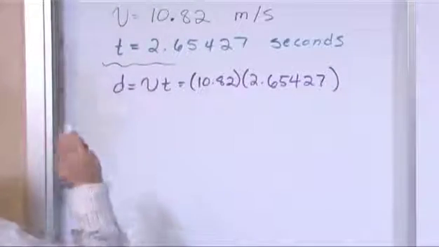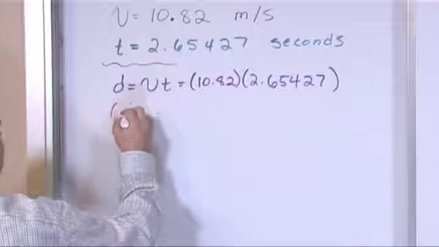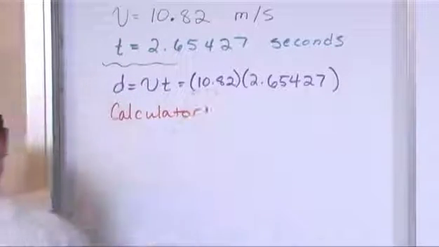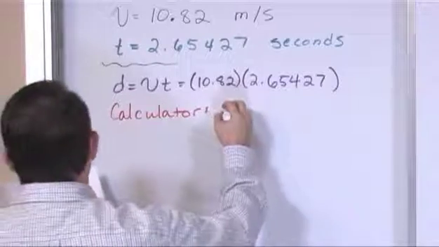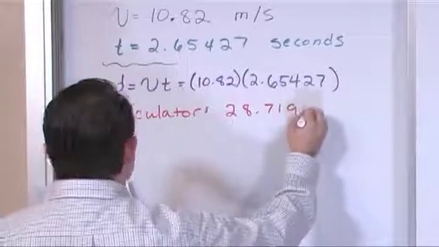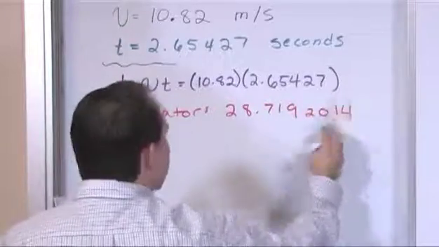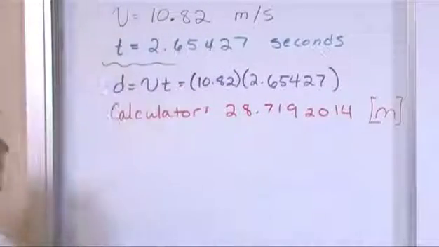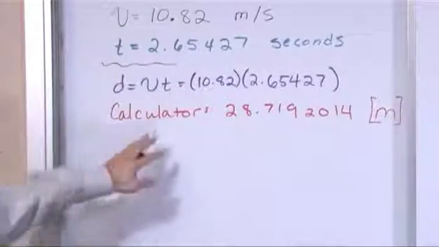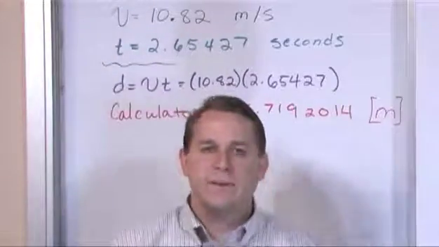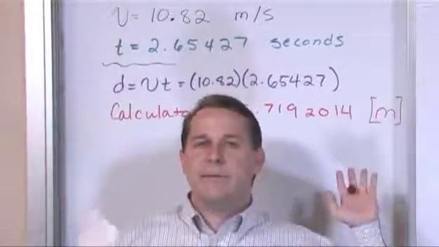Now, when I do this, what do I get? The calculator will give me the following thing. The calculator will give me 28.719214 meters. I'm going to put it in brackets so you can see it stands apart from the number. 28.7192014. Most of us, before we take a chemistry class or a physics class, would think that's a perfectly good